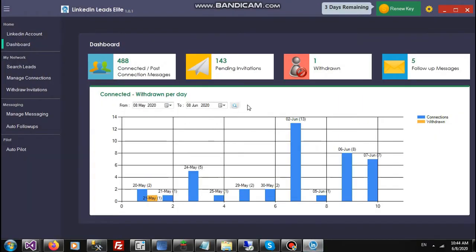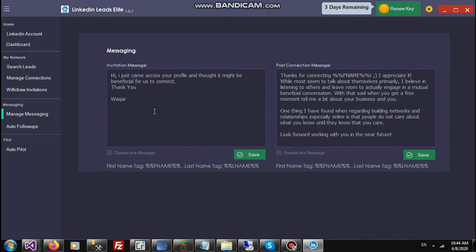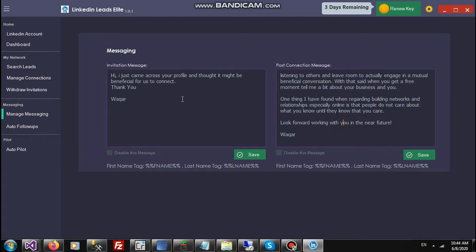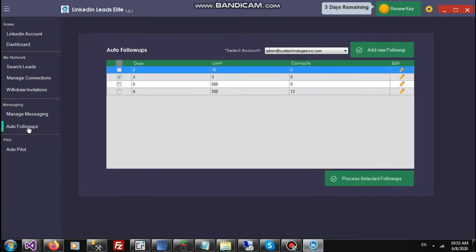This is the dashboard that contains a whole bunch of data views. Before we create campaigns, we need to set up messaging first. This is the connection request message. We just need to make it simple and easy. And after the connection request is accepted, this message would go out. These two low-key, non-sales messages are ideal to introduce yourself to people and then sell to them down the road. This is where you can add some sales stuff.